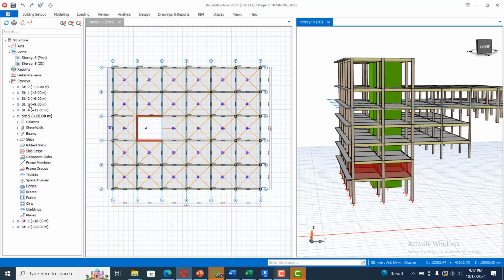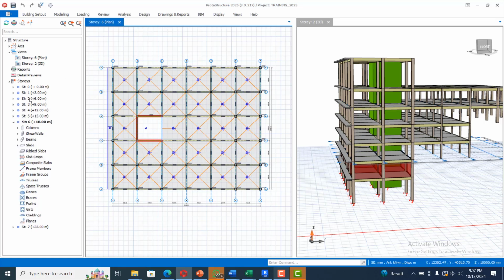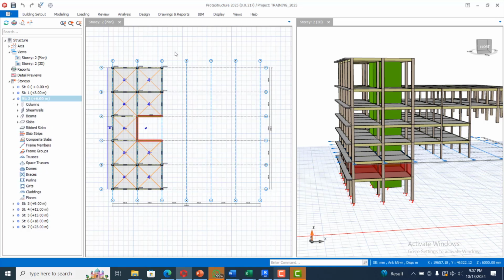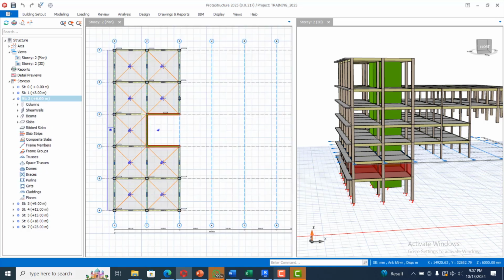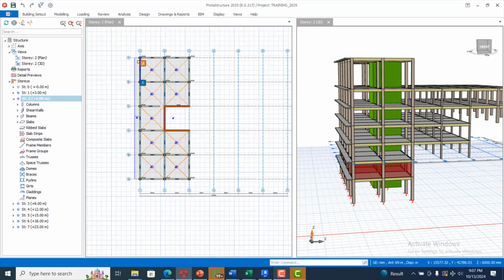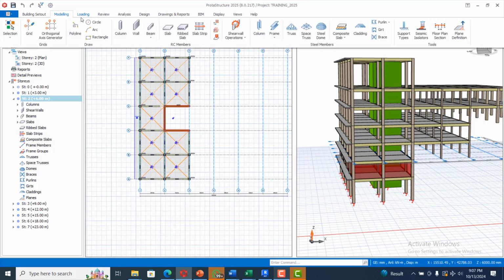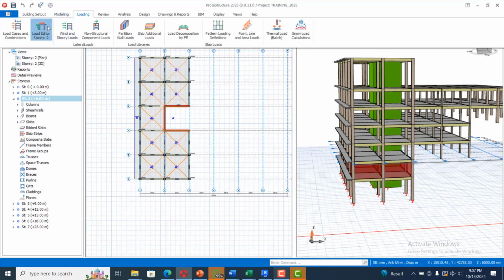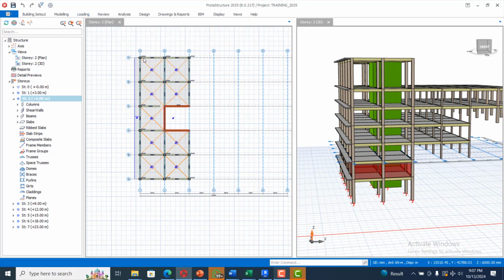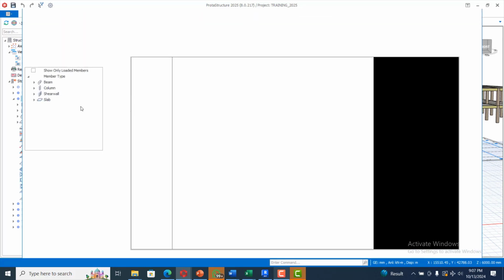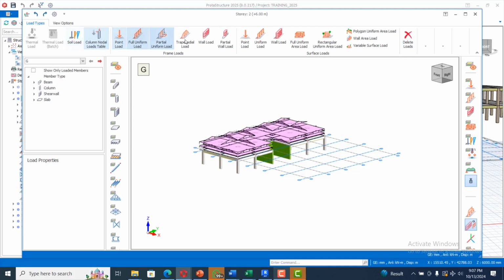So let's come to story 2. Story 2. I will go to loading, go to loading editor. So if you come to wall load,